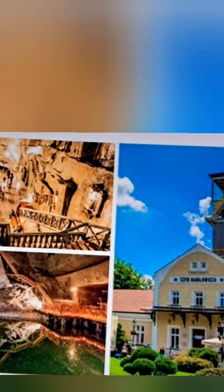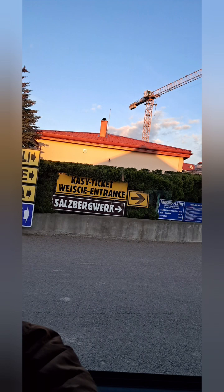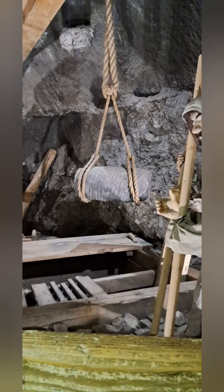After seeing the concentration camps, on that day after lunch, we proceeded towards the salt mines in Krakow. Actually, there are two salt mines in Poland. One is the Wieliczka, the other is the Bochnia. What we saw in Krakow was the Wieliczka one, and this has been working continuously from the 13th century till the